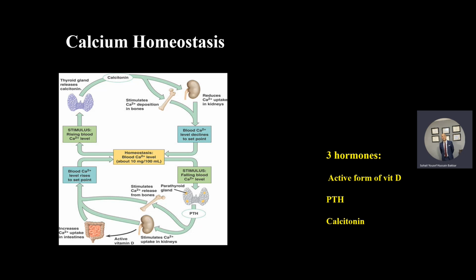And if the ionized serum calcium levels go up, then the parathyroid glands are suppressed and they do not secrete. So the only endocrine gland that is out of the control of the hypothalamic pituitary axis is the parathyroid glands. It is mainly controlled through